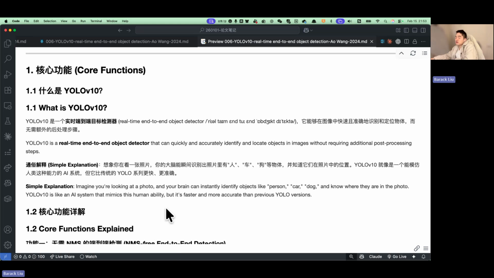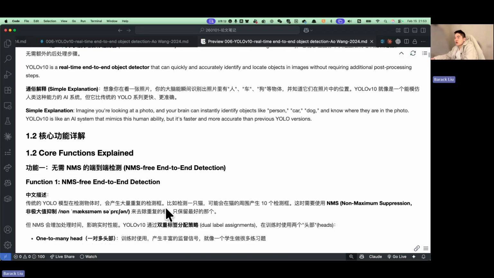Imagine you are looking at a photo and your brain can instantly identify objects like person, car, dog, and know where they are in the photo. YOLOv10 is like an AI system that can mimic this human ability, but it's faster and more accurate than previous YOLO versions. Core functions: